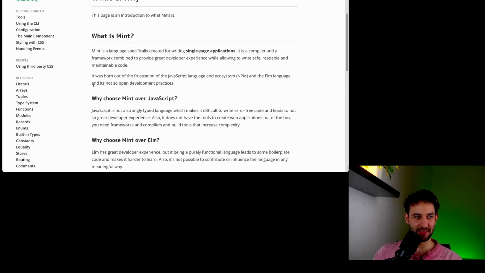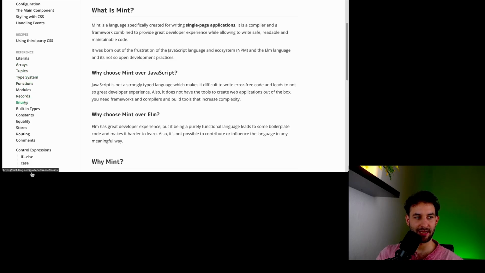Directly when we look at the documentation here, we can tell that Mint has a little bit of a gripe with JavaScript and its ecosystem, including NPM. So we'll see that this will be a problem, because using NPM is sort of a requirement for many front-end builders, and it looks like Mint does not support this very well. This is one of the main issues I think there is with it, and probably the main reason why it has not really been adopted, because this is an immediate red flag.